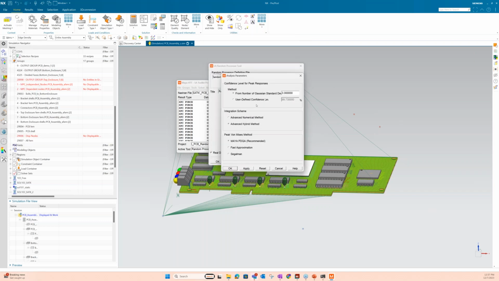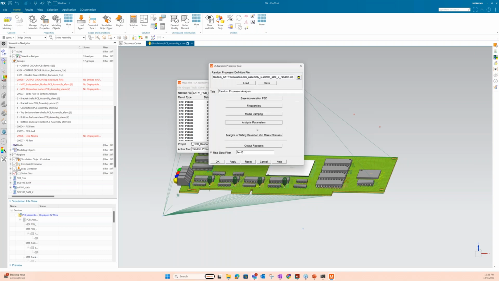So again, this is talking about your peak response. We want to get the 3 sigma. What is happening here is I'm telling it I want a number of standard deviations. So I want 3 sigma response for my peak, but this isn't just multiplying by 3. This is calculating the actual distribution for all the results and giving me the actual 3 sigma peak response, not just multiplying by 3. You can do it by confidence level too. So again, 3 sigma equals 99.73%. And these standard options here are usually the best for this.